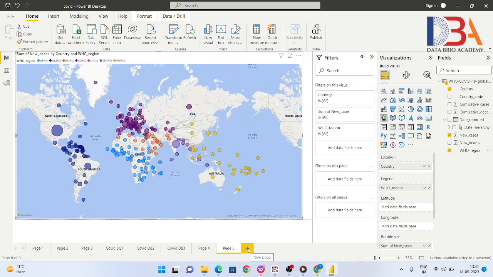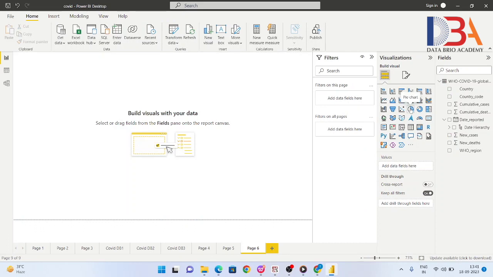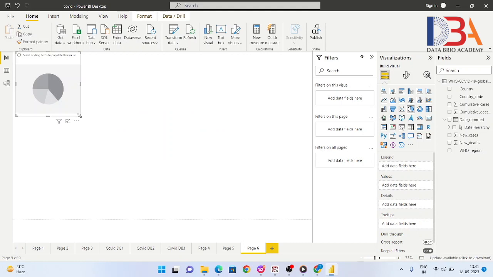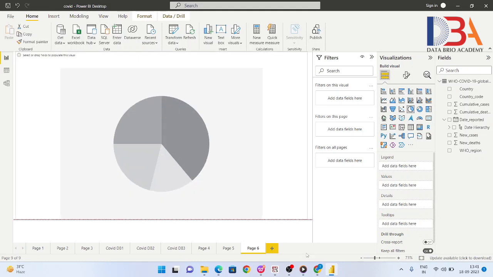Next we will create one pie chart. So we will double click on this pie chart, and drag and drop it to the middle.